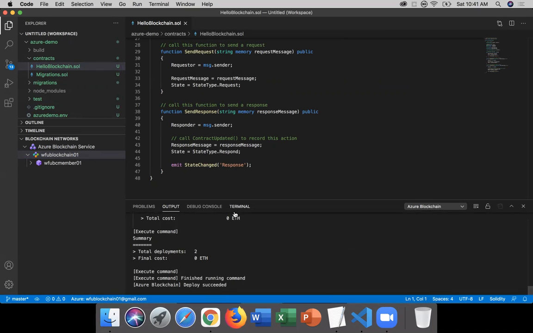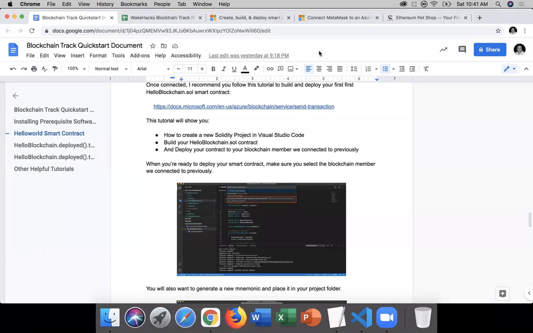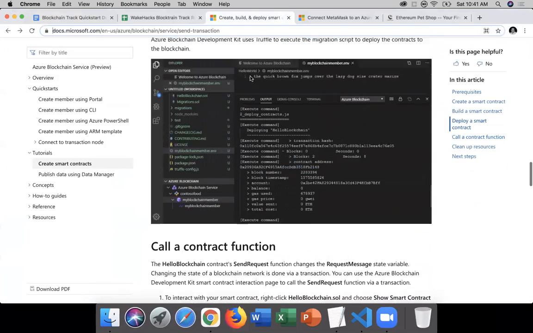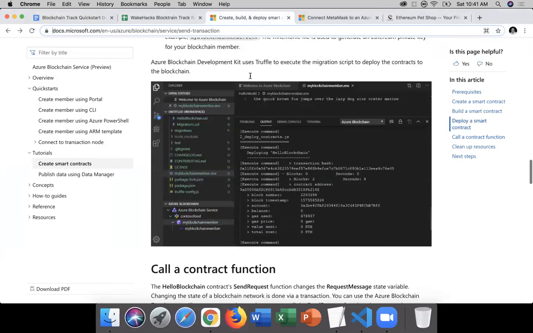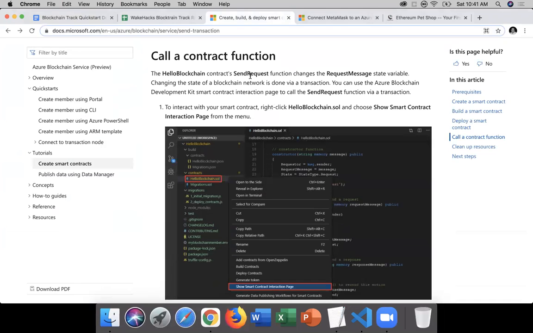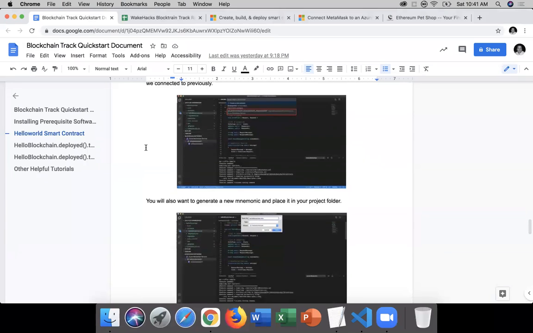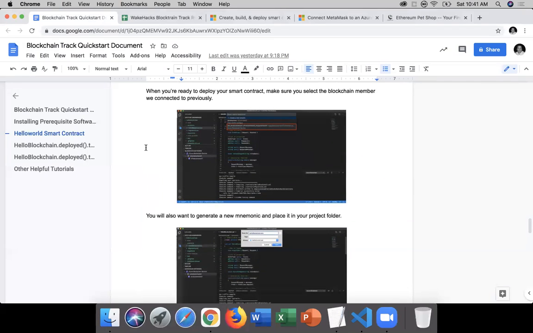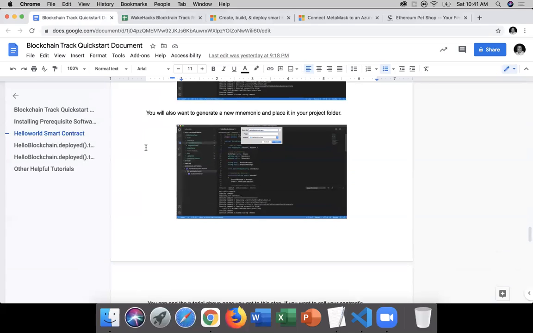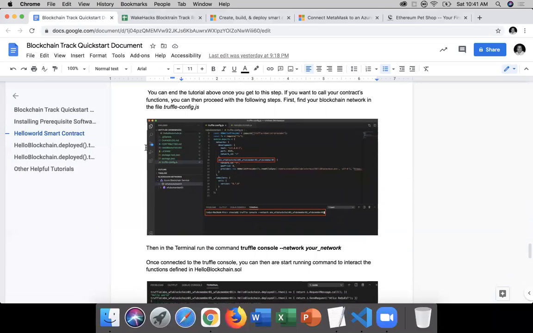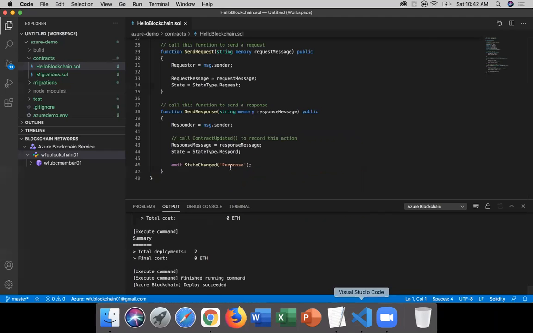So the way that we do that, and to reiterate, if you're going through these steps, we've deployed our smart contract, and now we're ready to call a contract function. Instead of following these steps, we're going to go back to our quick start document, and we're going to say, when you're ready to deploy, what we're going to do is generate the mnemonic. All right, so we deployed it. So we're going to look in our truffleconfig.js, and you're going to see that this information looks pretty similar,